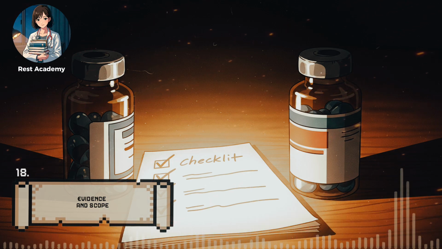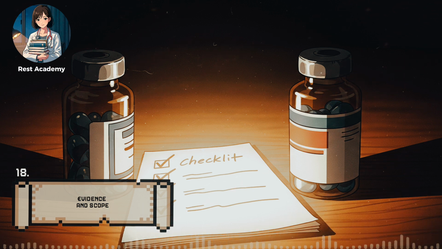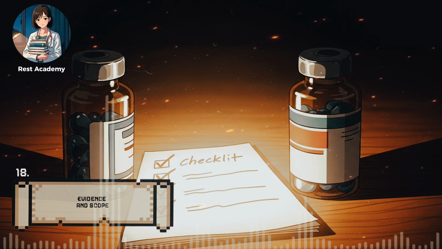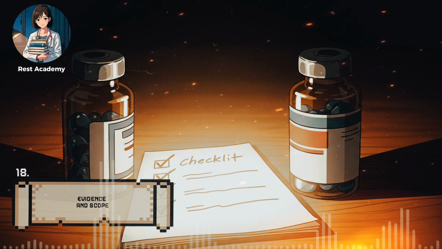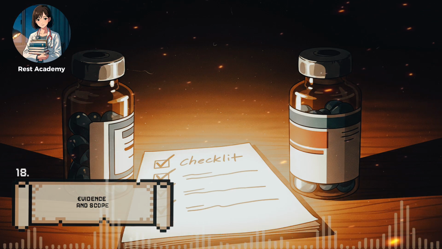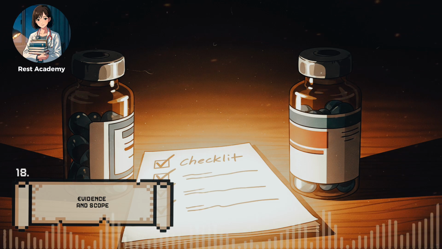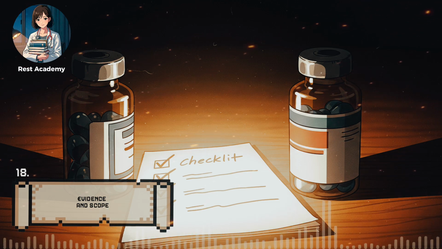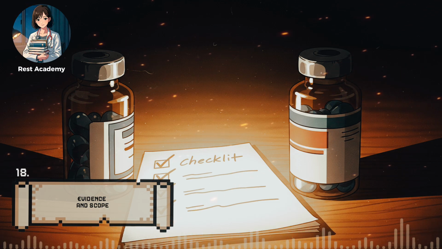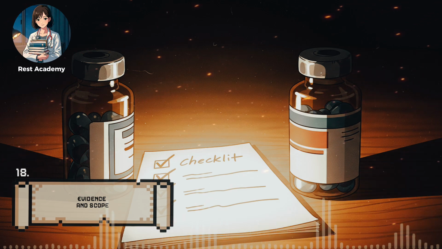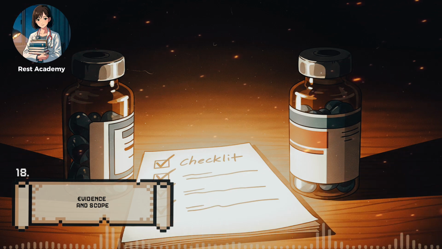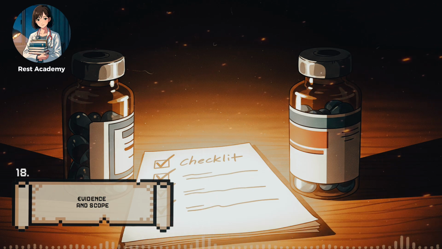The second principle is contraindication. Here you weigh conditions where giving the drug could cause more harm than benefit. Aspirin is contraindicated in active bleeding. Nitroglycerin is contraindicated in severe hypotension or recent use of phosphodiesterase inhibitors. Beta blockers are contraindicated in acute asthma. Contraindications are like warning signs blocking certain roads. Some are absolute, never proceed under any circumstance, while others are relative, where risk may be outweighed by greater danger if untreated. Recognizing these boundaries prevents predictable harm.